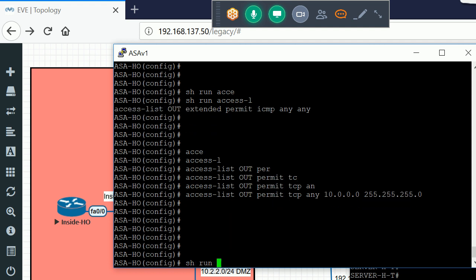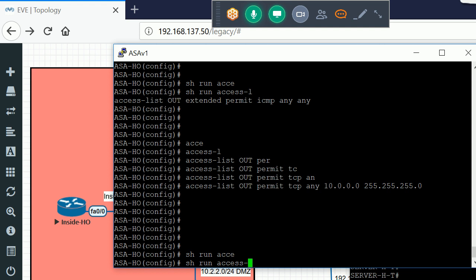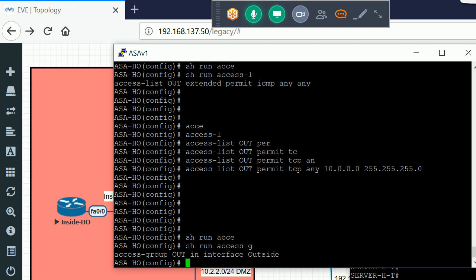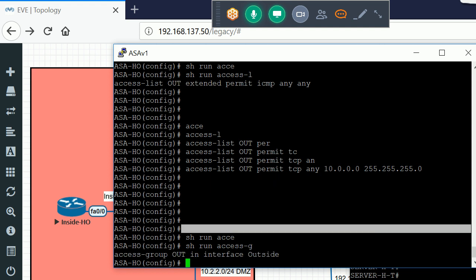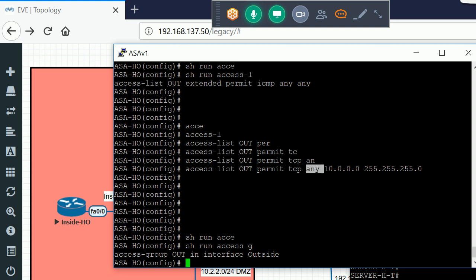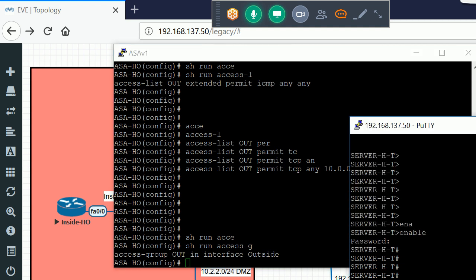We have already applied this access list on my outside interface. That ACL means any source, anyone, can access the 10 network from outside, over TCP. That is the meaning of this ACL. Now if I run this command,